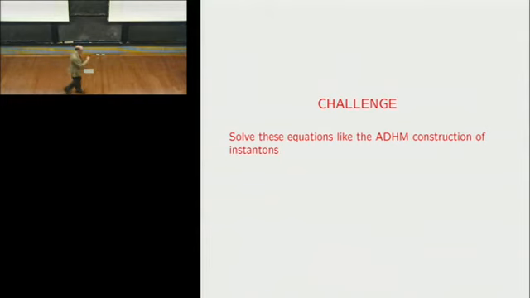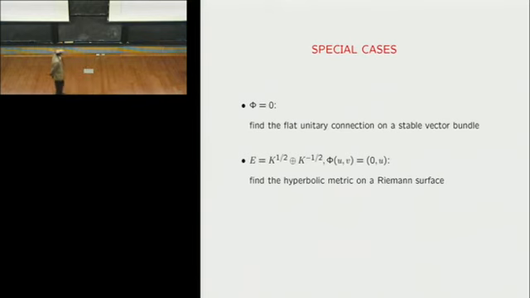And why? Because just look at a couple of examples. What would it mean? So here's two special cases. If that Higgs field is 0, then this is the equation for a flat unitary connection. As we know, there's a theorem of Narasimhan and Seshadri, which says that if you start with a stable holomorphic vector bundle on a Riemann surface, then there's a unique flat unitary connection on it. So what this would say would be, can we go from a holomorphic description of a stable bundle through some process? Can we describe the actual flat unitary connection on this bundle by some systematic process? Of course, we have an existence theorem, but we don't have a systematic way of writing down the solution in terms of some